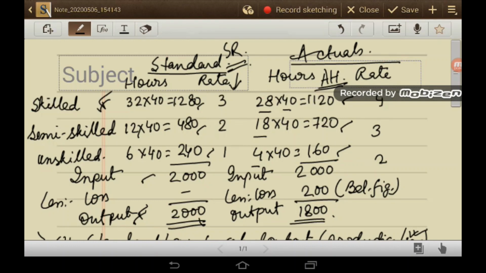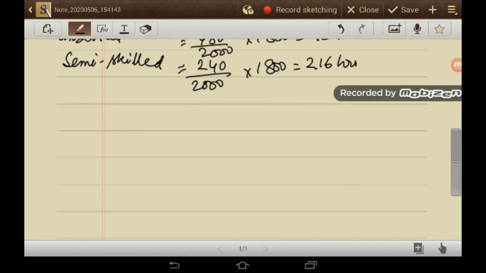Actual hours for semi-skilled worker is 720 hours, and actual hours worked by unskilled workers is 160 hours. And this is actual rate. So standard rate is the second parameter, actual hour is the third parameter, fourth actual rate 432 per hour. This is the fourth parameter, and the last one RSH,